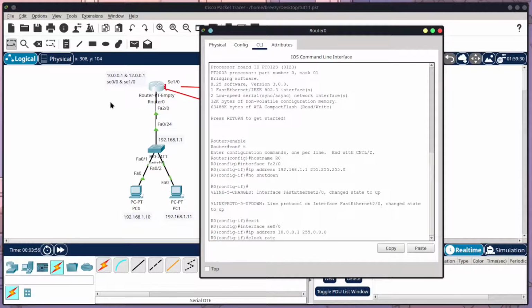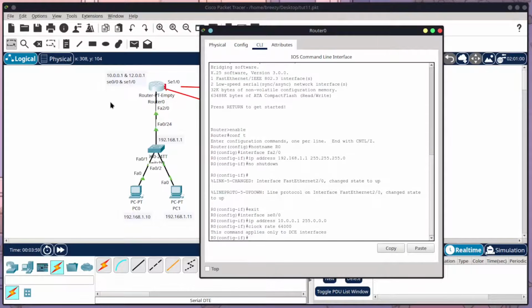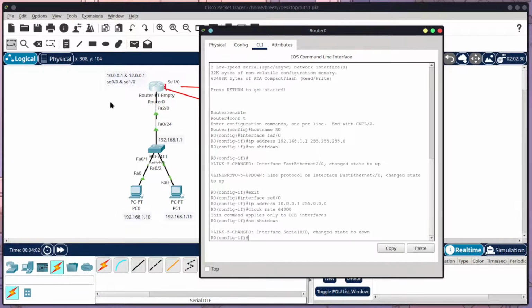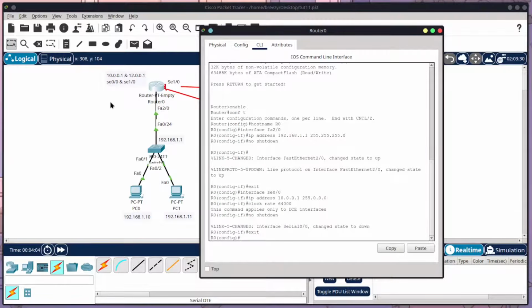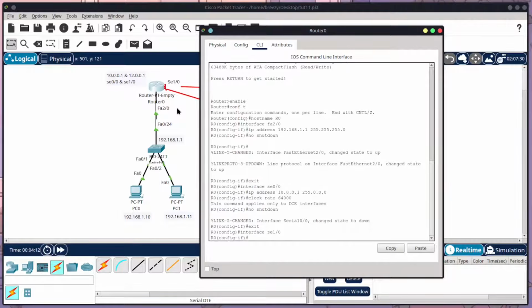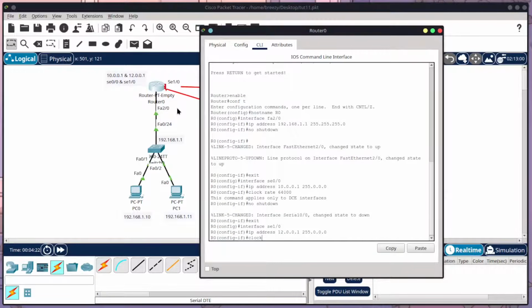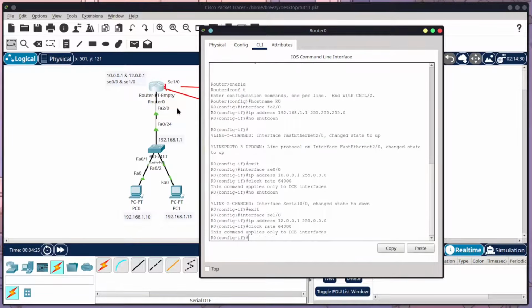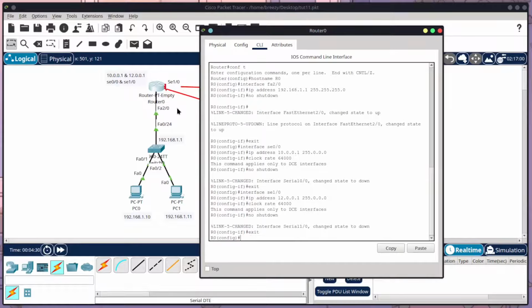Clock rate of 64,000. No shutdown. Exit. So now I'm going to configure our 12, which is 10. So interface SE10, enter. IP address of 12.0.0.1, subnet mask of 255.0.0.0, enter. Clock rate 64,000, enter. No shutdown, exit. So now I've configured our connection to the switch, our connection to router 1, and our connection